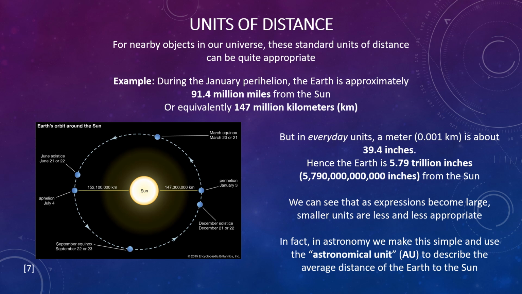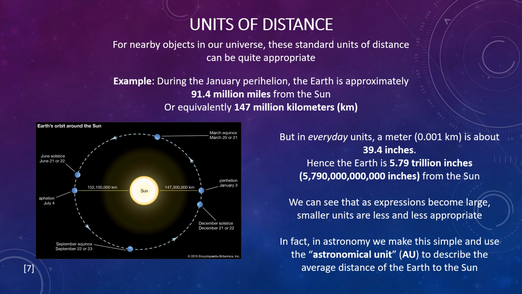152,100,000 kilometers from the sun. That's quite a mouthful. And when it's on its other side, at the perihelion or the closest approach to the sun, it's 147,300,000 kilometers. So, by taking an average of that,